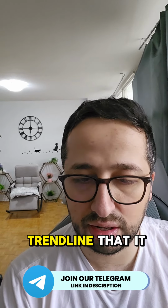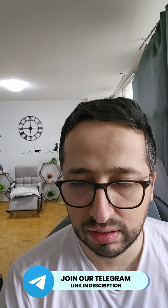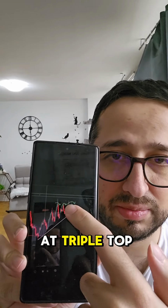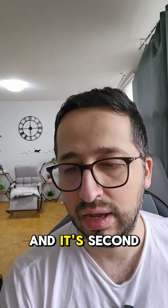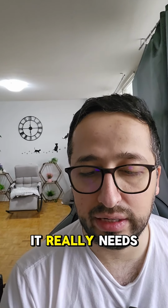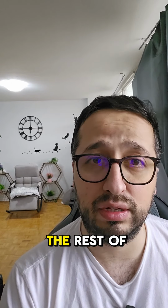It broke its trend line that it had, and since then, this is on 4 hours. Since then, it is only going down, and we were talking about this triple top here, and then it started going down, and it is going down, and it's stuck in this overall story. For Bonk to get bullish, it really needs to get its act together, because it is dropping more than the